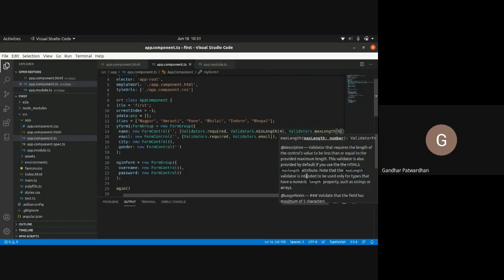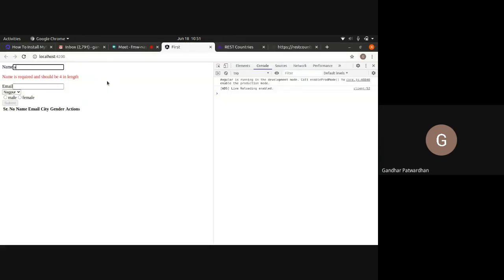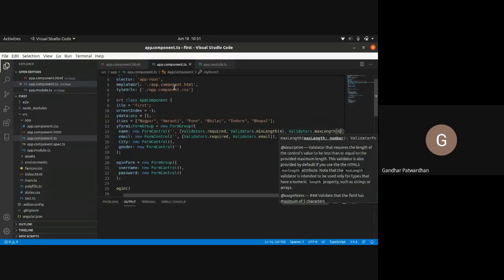So what it means is that your name can be either 4, 5 or 6. That is what my validation is as of now. Now let us check this out here. I give 1 wrong, 2 wrong, 3 wrong, 4 fine, 5 fine, 6 fine, 7 again wrong. So that is how you add different validations.